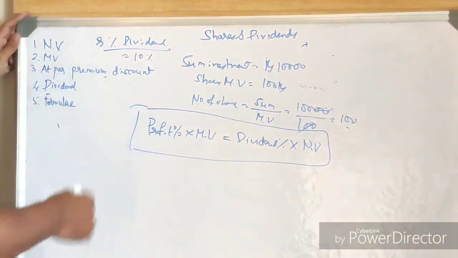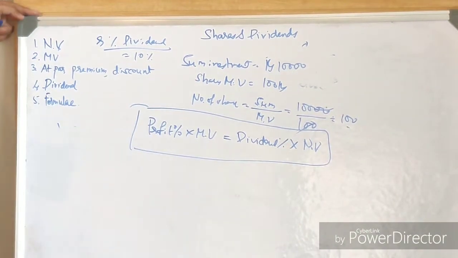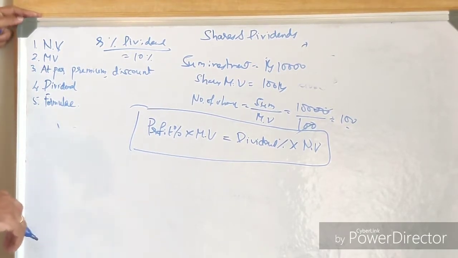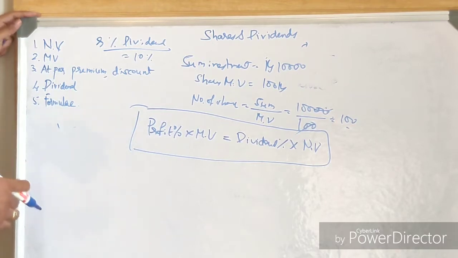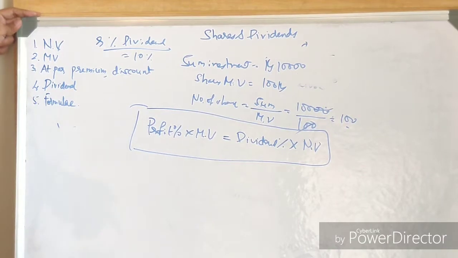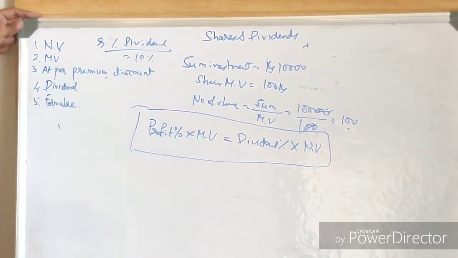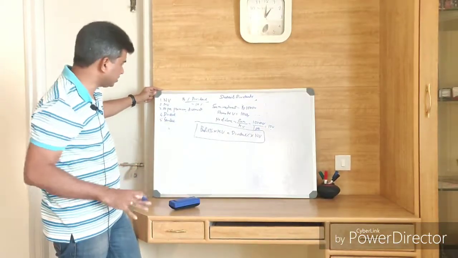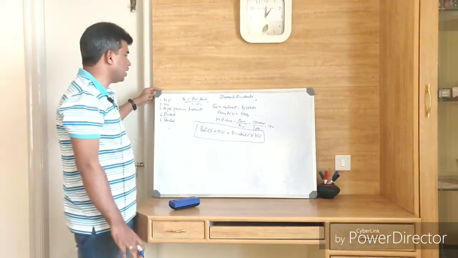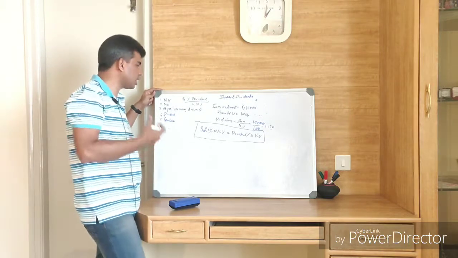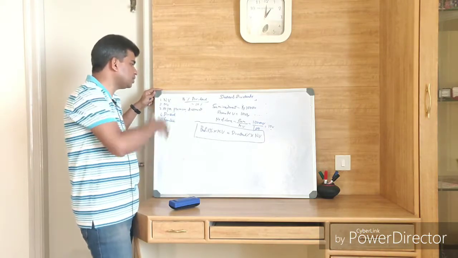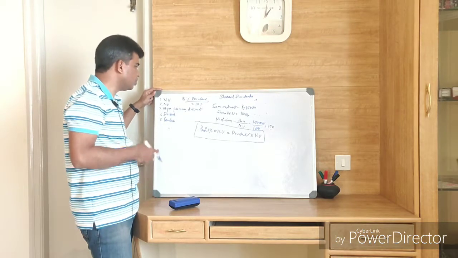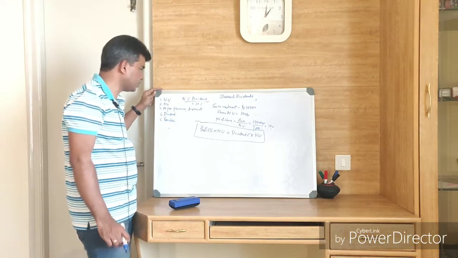Let's recap what we discussed here. We discussed shares and dividends, the percent dividend, the number of shares at par, premium and discount, what a dividend is, and the two formulas we discussed. This is all about shares and dividends, and the cost price and selling price all remain the same, so nothing to get confused about. Once we do a couple of problems, we'll use the same formulas to find the solutions.